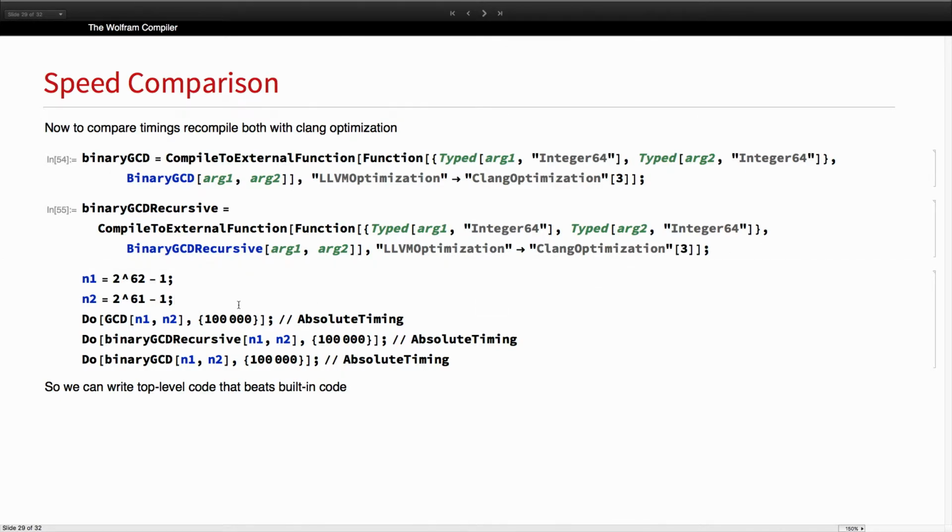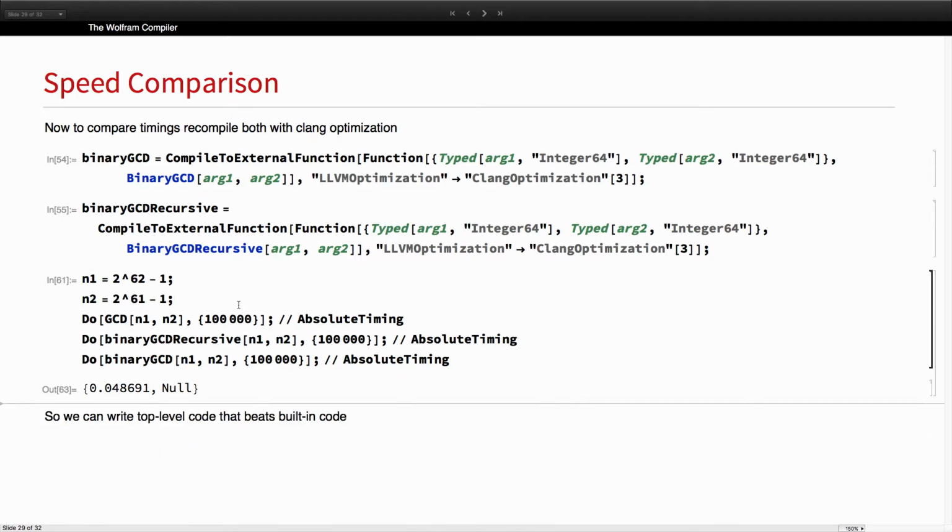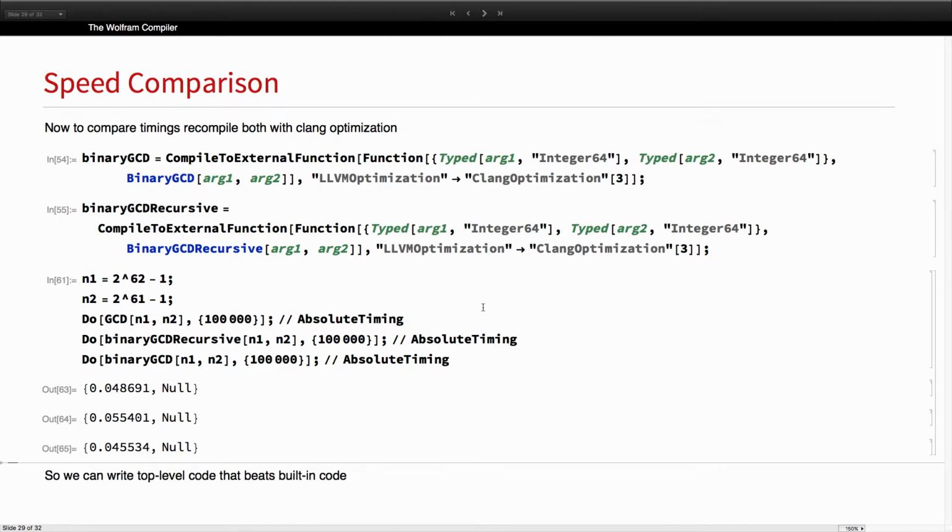And now I'm going to invoke this with kind of a worst case situation. These are two really quite large numbers that are relatively prime, so it's going to have to do an awful lot of work to figure out that they're relatively prime, so the GCD is 1. And I'm comparing the recursive one, the non-recursive one, and the built-in GCD, which actually uses